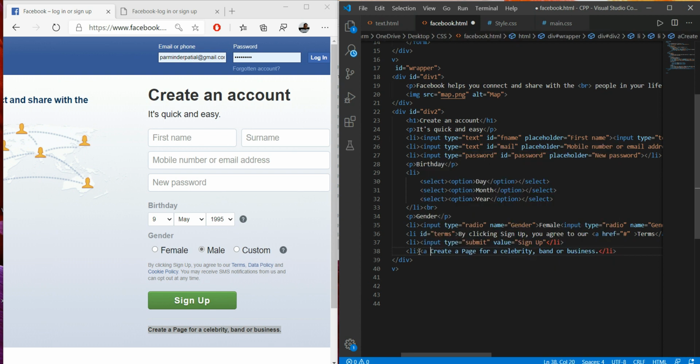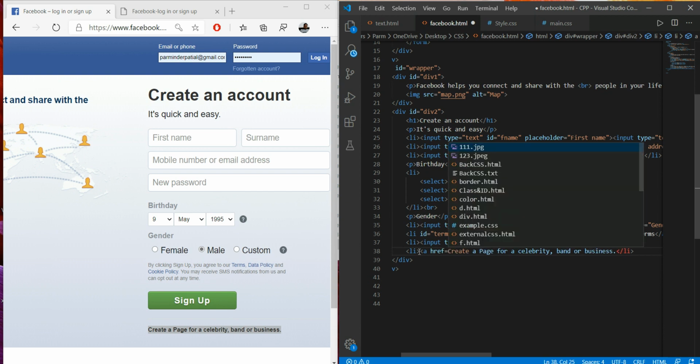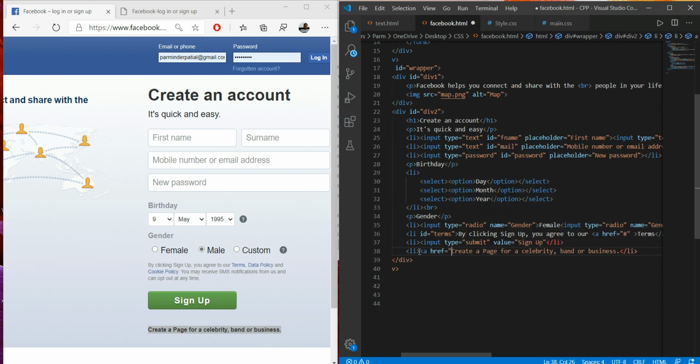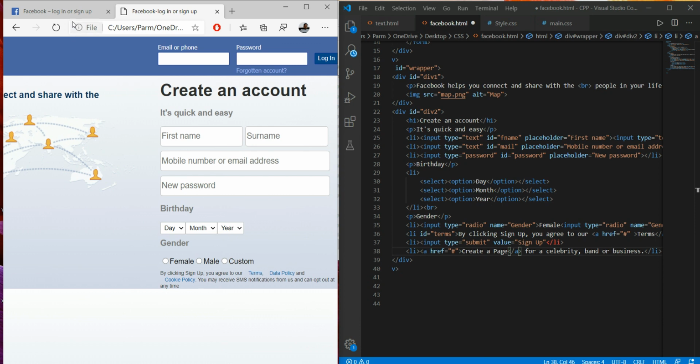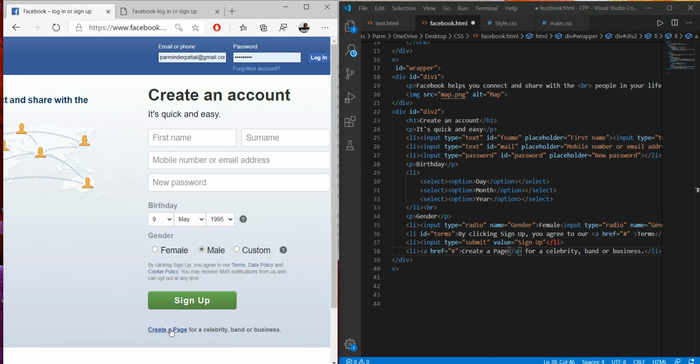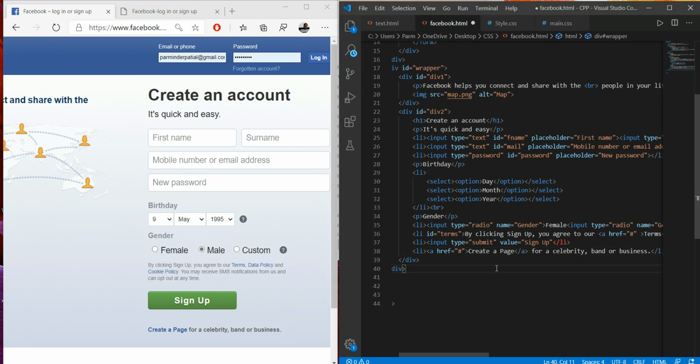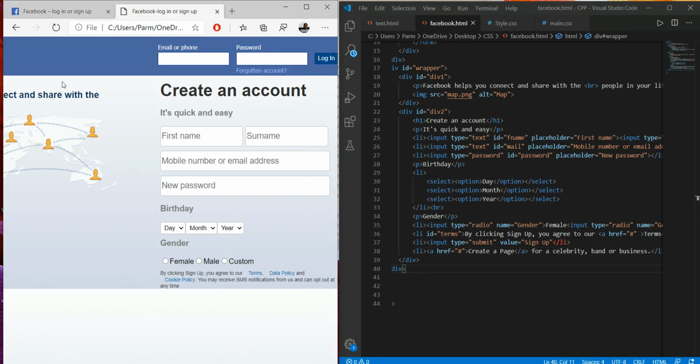So anchor element, the link is, you see over here, create a page. Okay, so here we just go with this, save this and refresh it. Now this is done over there, create a page link we have done, then sign up is there.